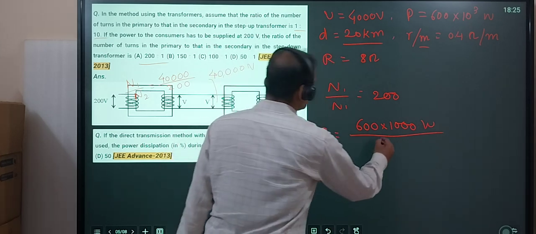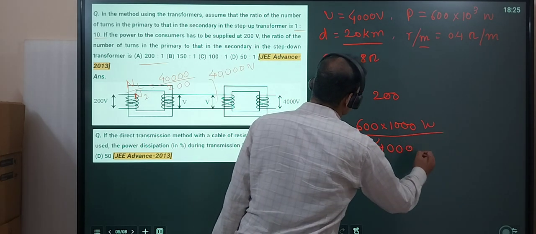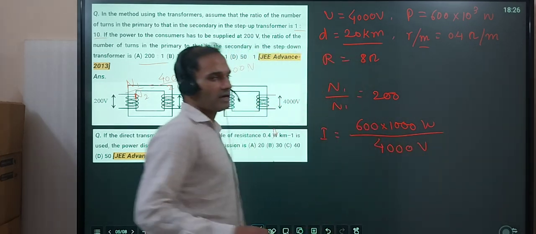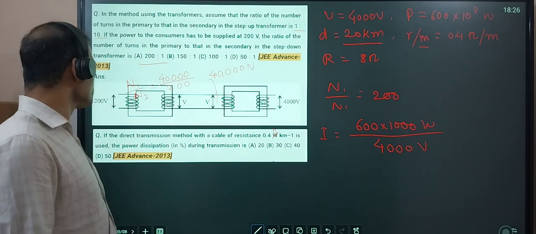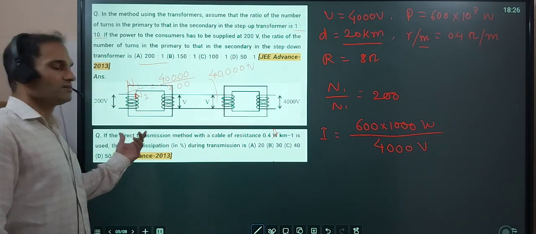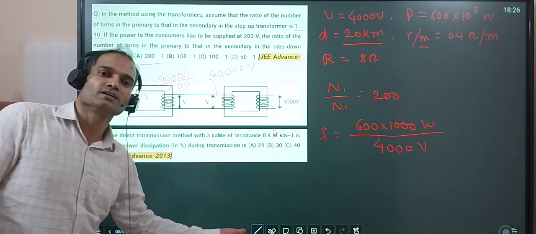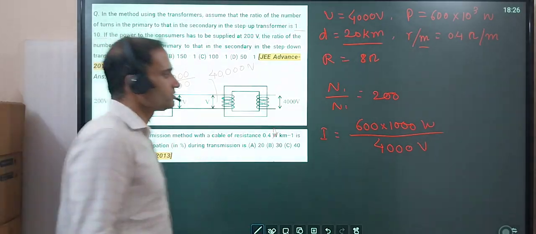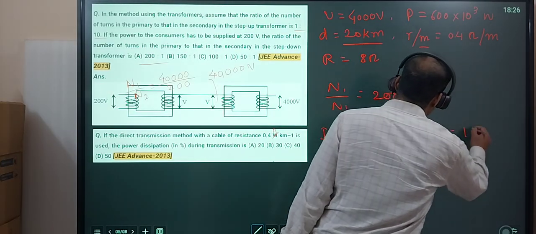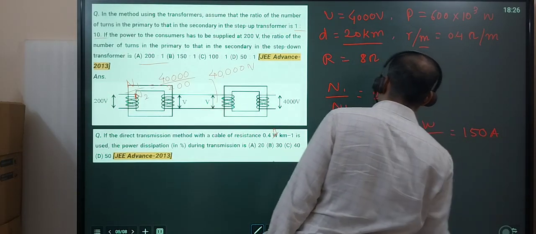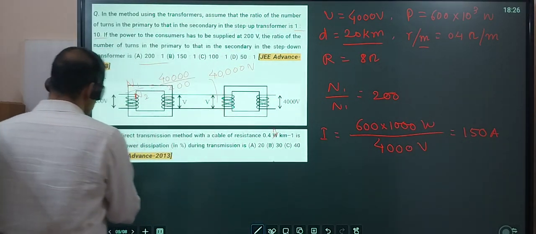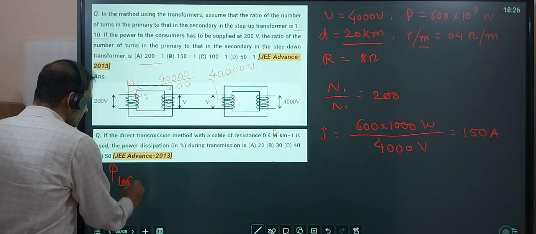Okay, and voltage is 4000 volt. Now I am using 4000 volt because they are asking what will happen in case of direct transmission. So this current will be 150 ampere. Okay, and power lost will be